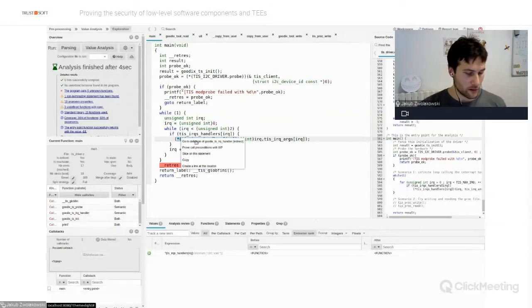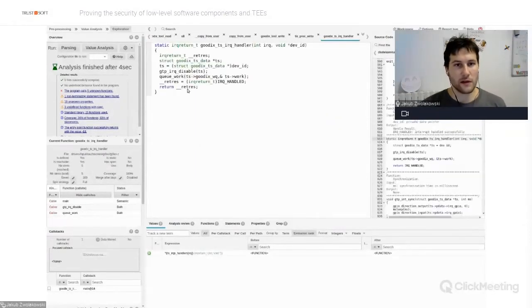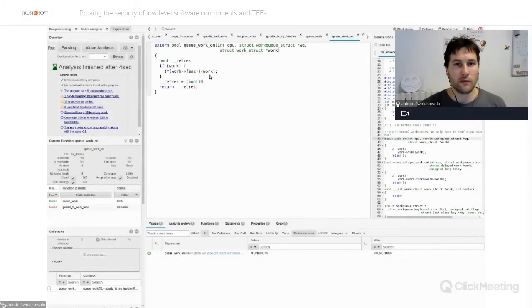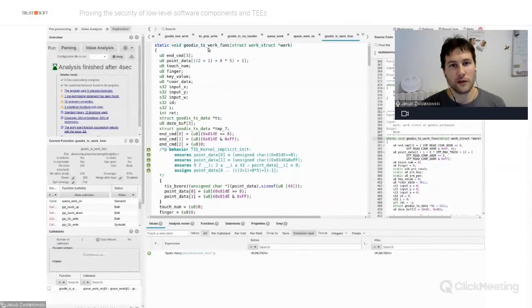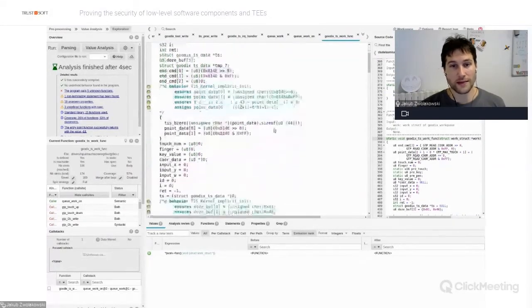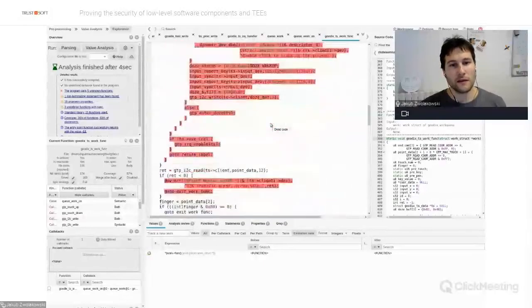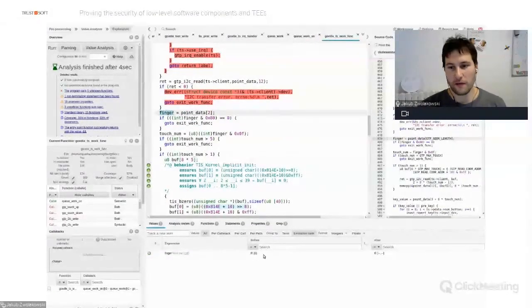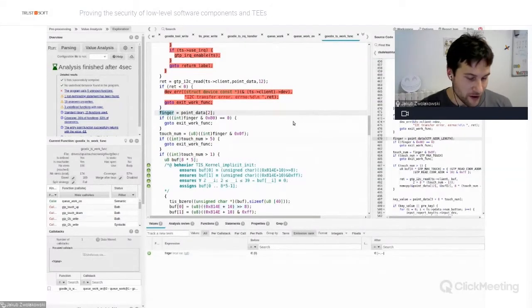And just for fun, I can descend here to see what's going on in this interrupt. So I'm going quickly now. I will arrive at some point at the function Goodix TS work func, which is handling the interruption. And I can see that here there is this variable finger which can have any possible value. It's also U8, so we are actually checking if 255 fingers at the same time are fine or not.